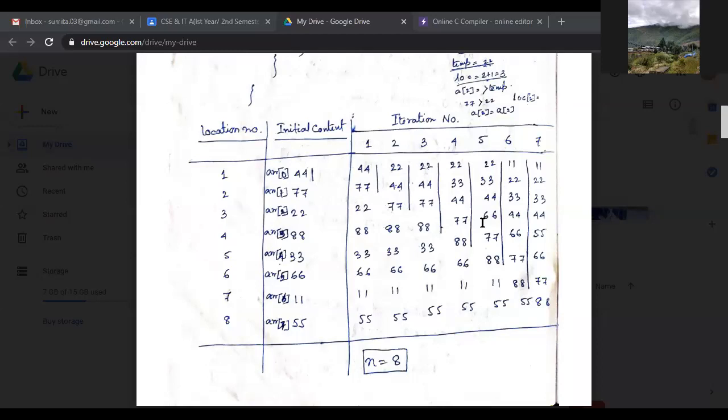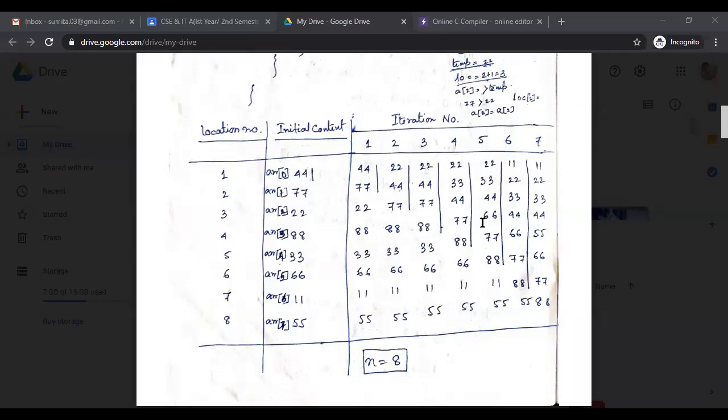In case of bubble sort, there you also have an outer loop as well as an inner loop, because you have a pass number as well as the comparison number. Here also there is an outer loop and you have to execute an inner loop also. But what is the basic difference? In bubble sort, you are doing the comparison at a time.